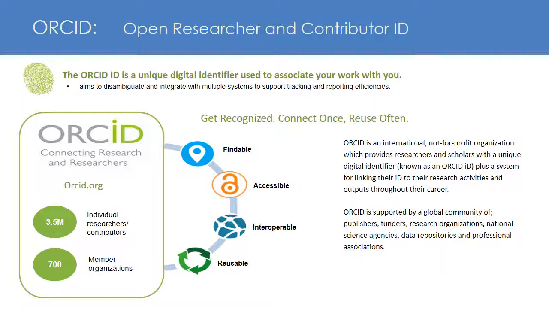The ORCID ID is a unique digital identifier used to associate your work with you. As you know, searching in PubMed for an individual author, especially one with a common name, like myself, can result in many publications that are not associated with that author. Not only does this create difficulty for those of us in research trying to find publications by a specific author, but for institutions as well, trying to calculate academic output and measure the contribution of that institution or its departments